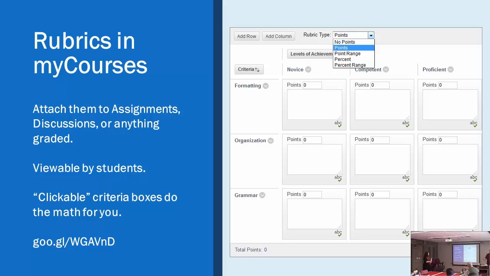So if you have things in my courses, they can be there. And then also, making it available to students ahead of time. When they go look at the assignment, the rubric shows up right there. They can click View Rubric and see it ahead of time. And then when you grade it, it will show also the rubric that you used for grading. So it will show your feedback and comments, but it will also highlight the fields you've clicked. So it says, oh yeah, she did assign me 3 points, and he did say this, or oh yeah, this is where I landed on the criteria. So it's efficient, it's very efficient.